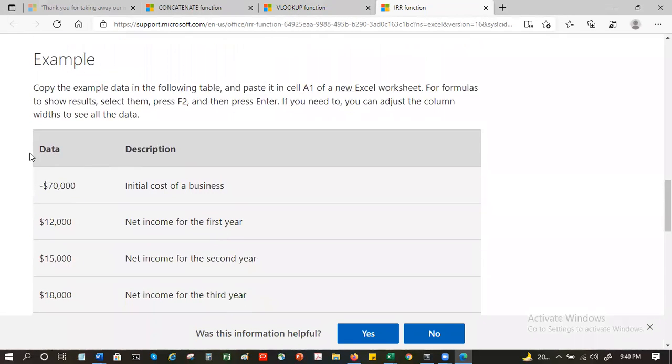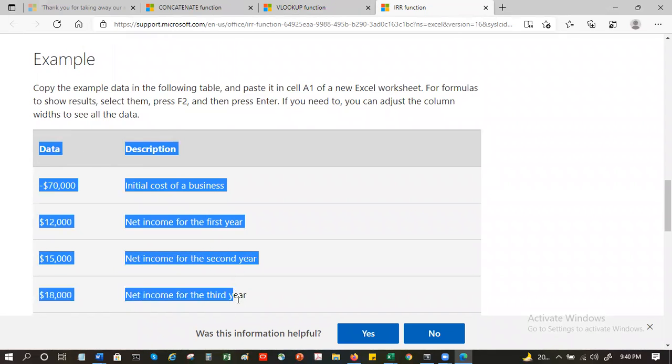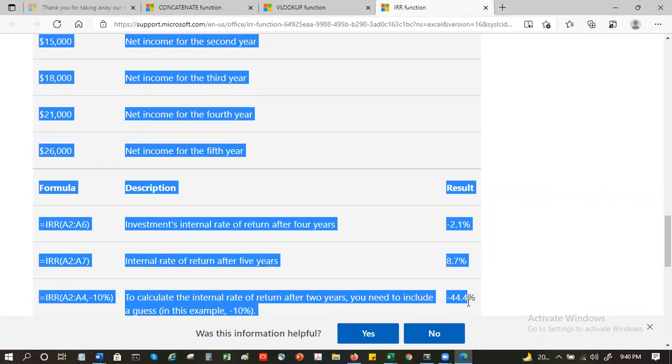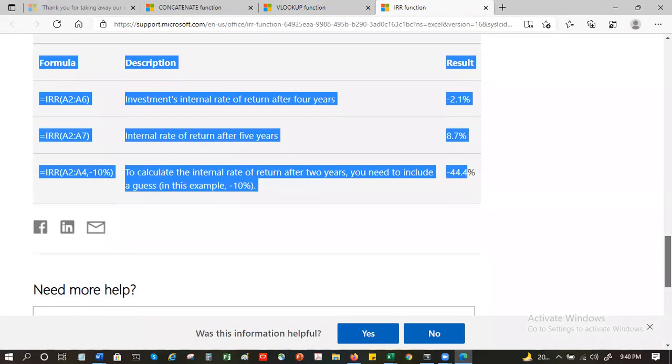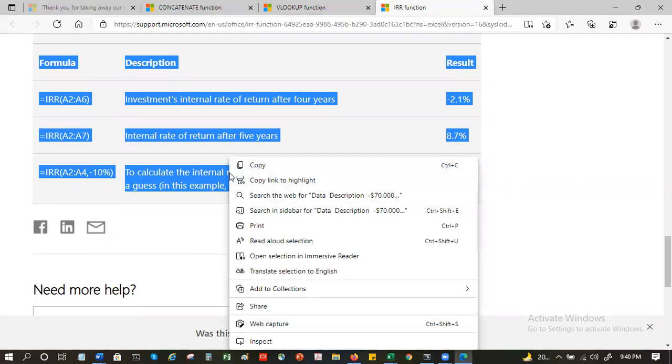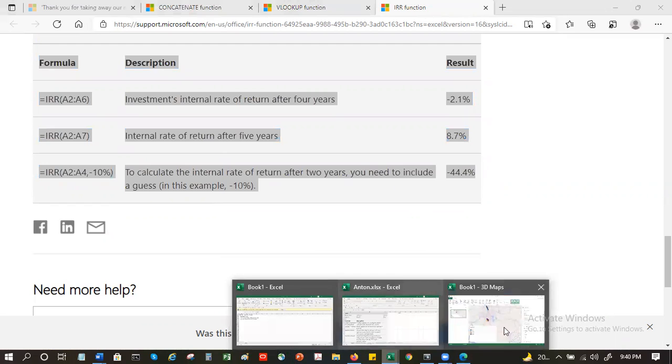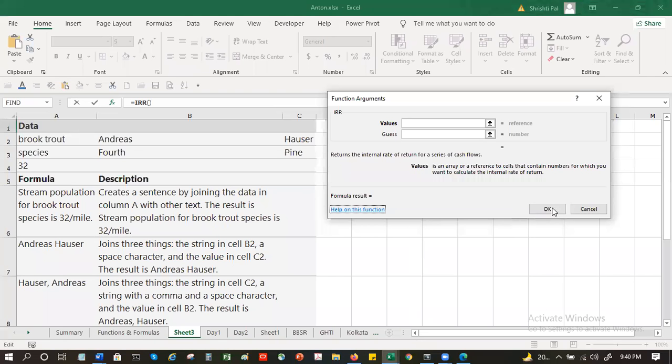Here you copy the example, data, description, go all the way down. The examples are perfectly okay, but the way they are showing it to us is different. That is what I meant to say.